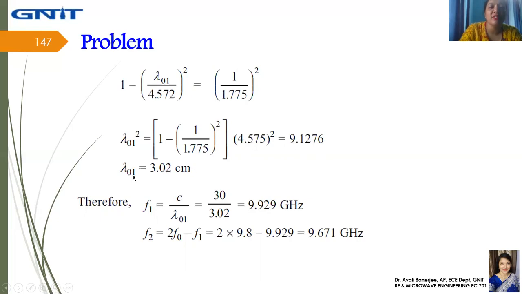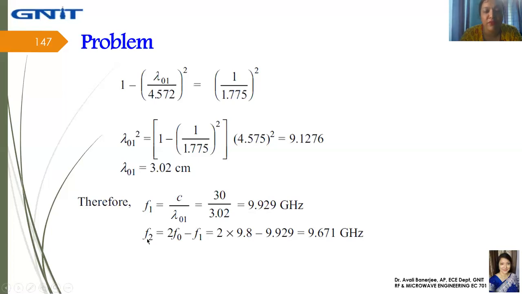Now this lambda 01 is substituted here to obtain the value of F1. So c is known. c is considered as 3 into 10 to the power 8 meter per second, and this is the value of lambda 01. We have converted the value into centimeter. So F1 is obtained as 9.929 gigahertz, and then we have